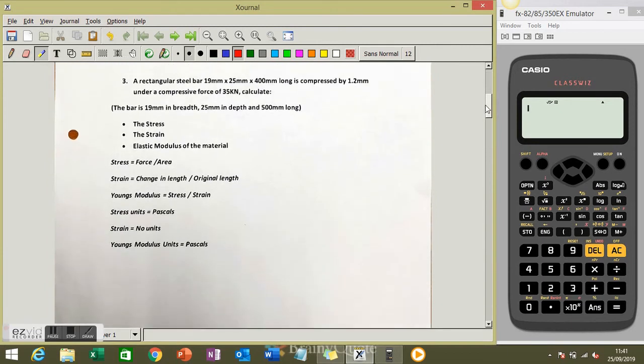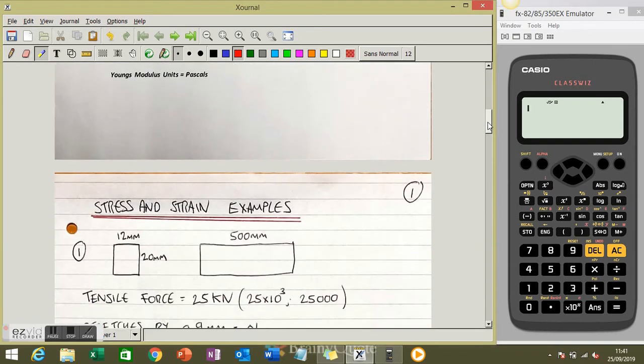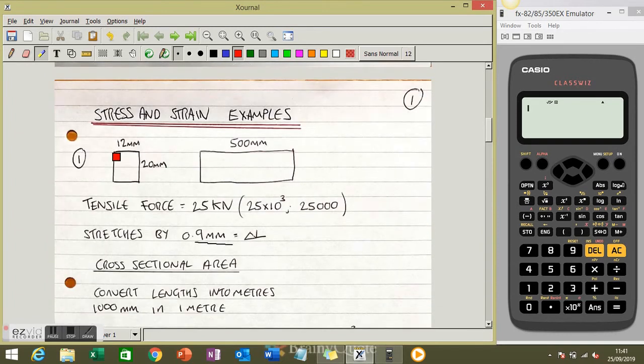Like I say, the workings out are down here. These are the formulas we need. Stress, strain, the units. So question 1 was all about a square bar, 500 mil long,